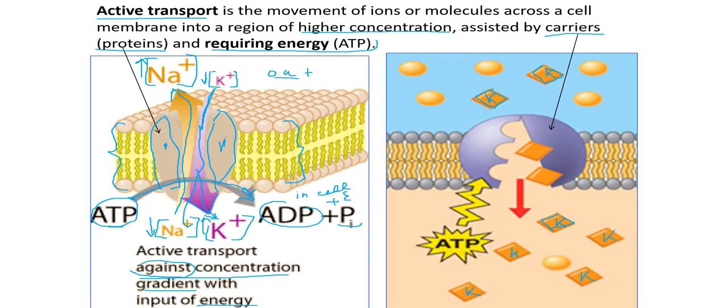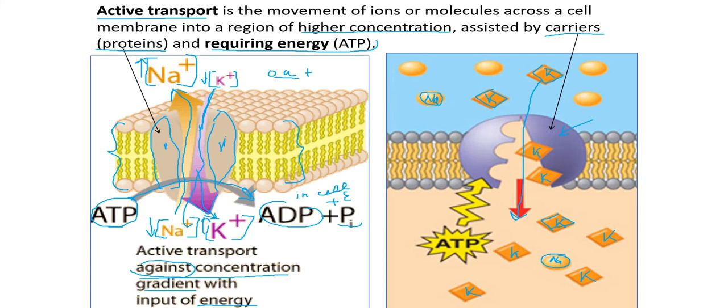But this sodium-potassium pump here will move potassium inside of the cell against its concentration gradient, from low concentration to high concentration. The other, round molecules here will be our sodium, and we have less sodium